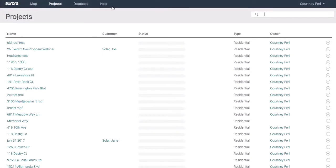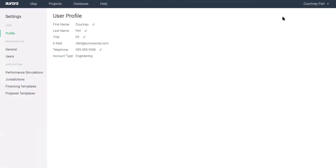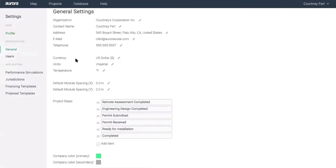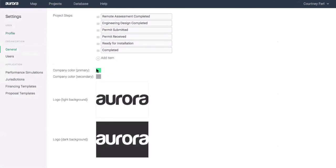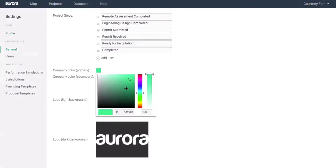So this is the landing page when you log into Aurora. To edit our templates, we'll click on our username in the top right-hand corner and click on Settings. And if we go over to General on the left-hand side, we can define those company colors and add in our logos as well. So we can choose a primary color,